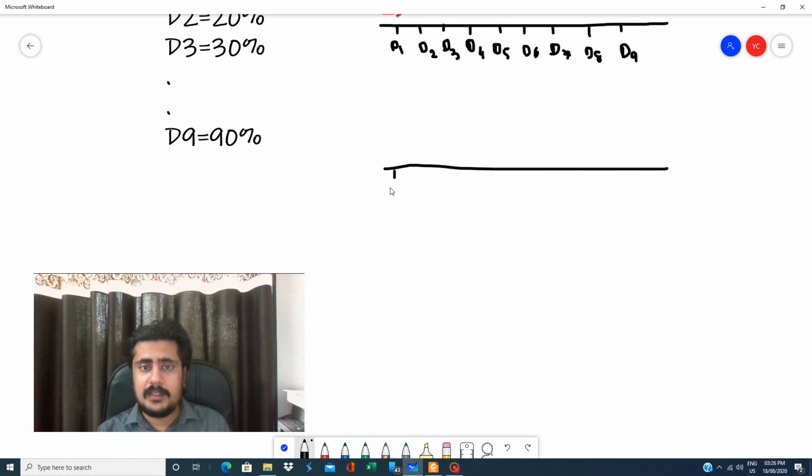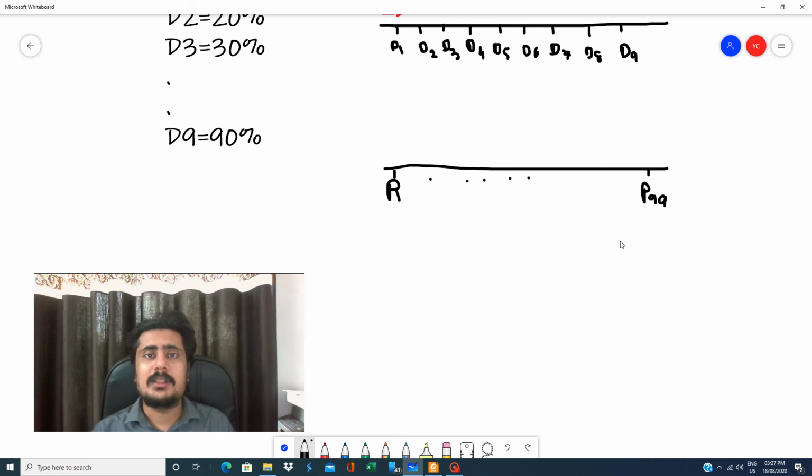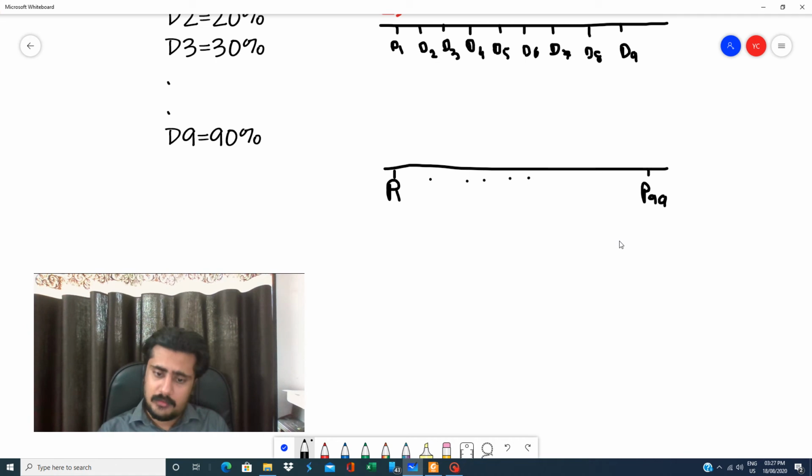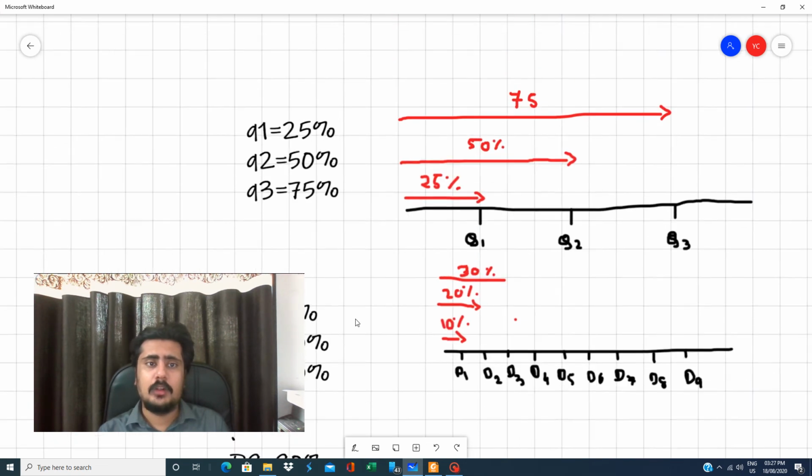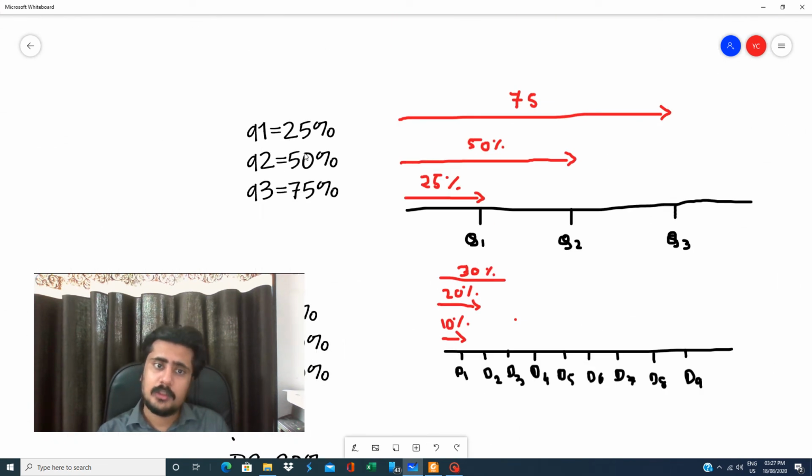Now in percentile there are 100 parts. It starts from P1 and it will go up to P99. And this percentile I need not explain to you, because P1 is 1%, P2 is 2%. Say for example P40 is 40%, P39 is 39%, P68 is 68%. Whatever P is, it will match. Okay, now again let me repeat what I taught you. In quartile, Q1 represents 25%, Q2 represents 50%, Q3 represents 75%.